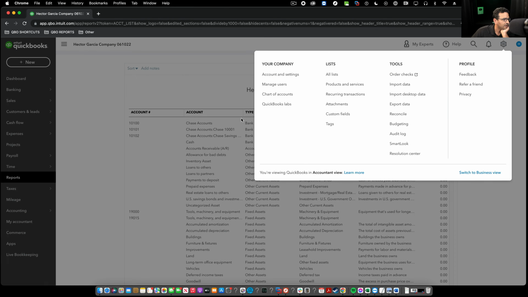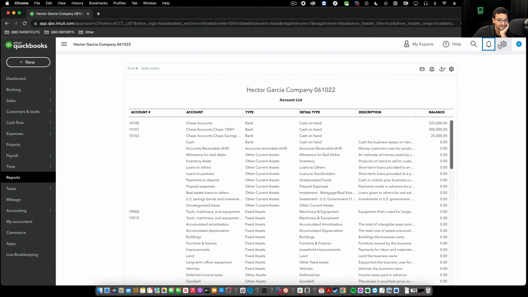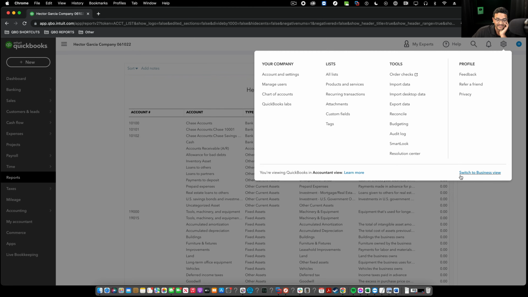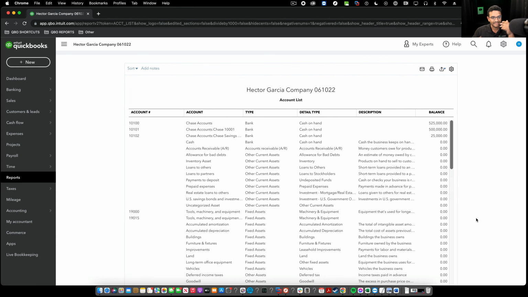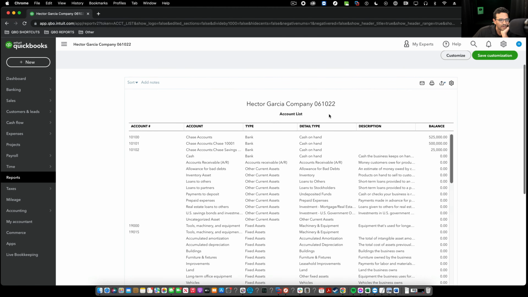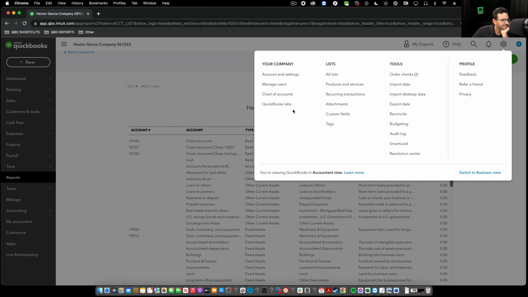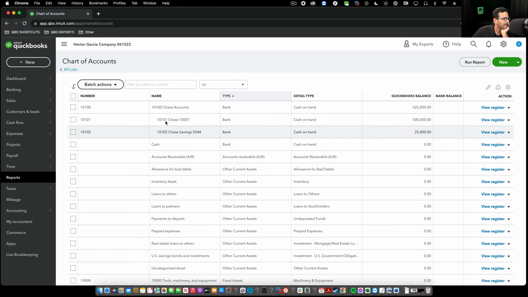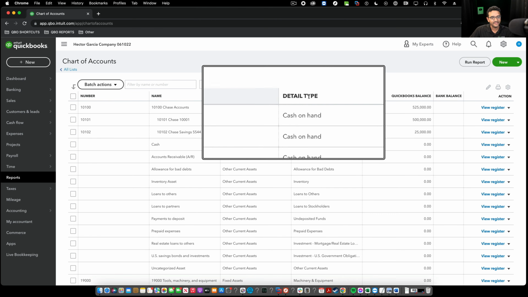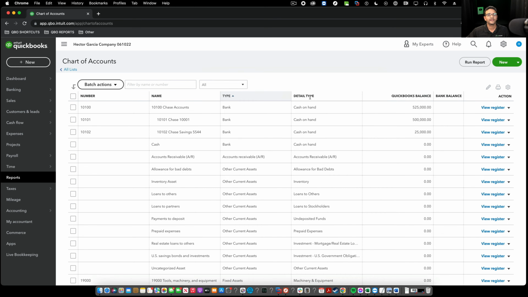Confusing. I'm gonna go back, and again, we are in business. We are in accountant view. So in accountant view, we should not be making it easy terminology wise for the user. We should be consistent throughout. Okay. The other part is I'm going to click here on chart of accounts, and there's something I wanted to show you. Okay, the detail type here too. So it's also showing detail type here. Now,